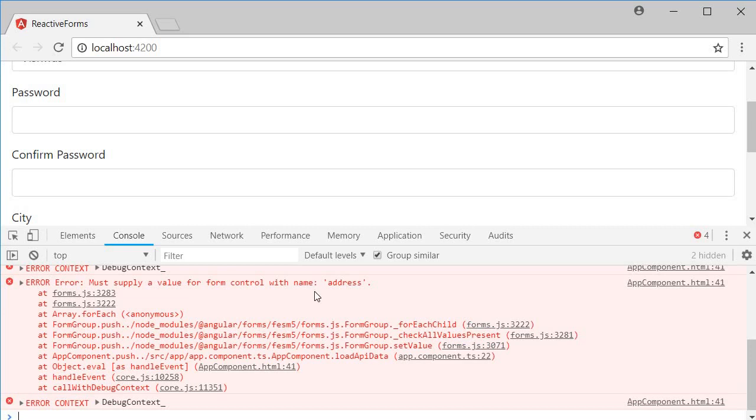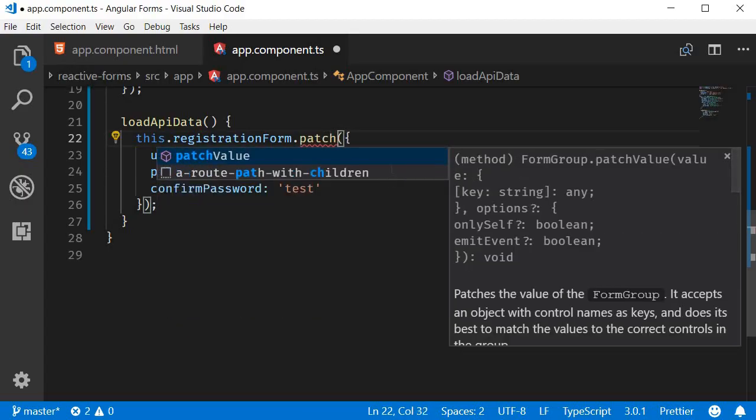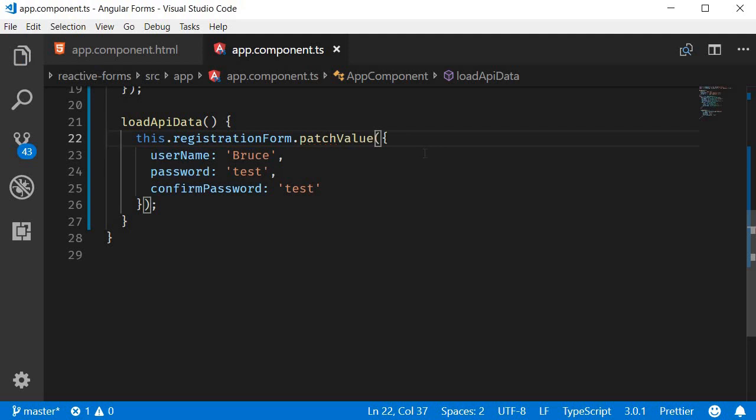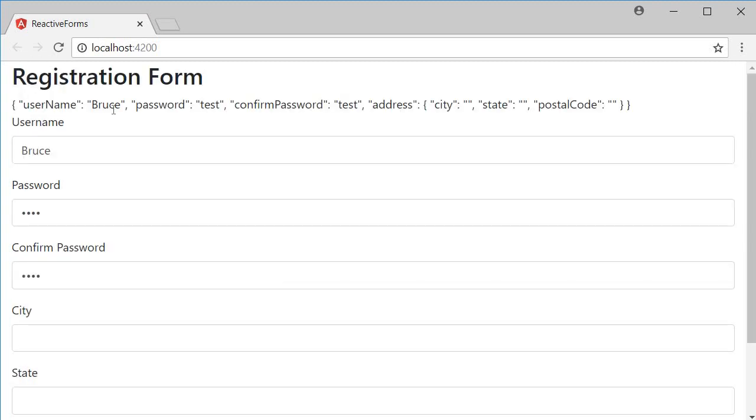But if you do have to set values for only a few of the fields, you can make use of the patchValue method. So let me go back to VS Code and change setValue to patchValue. The parameter can now be an object that contains as few form controls as necessary. So now we have completely removed the address object, and if I go back to the browser, click on Load API Data, you can see that we are able to set values only to the username and